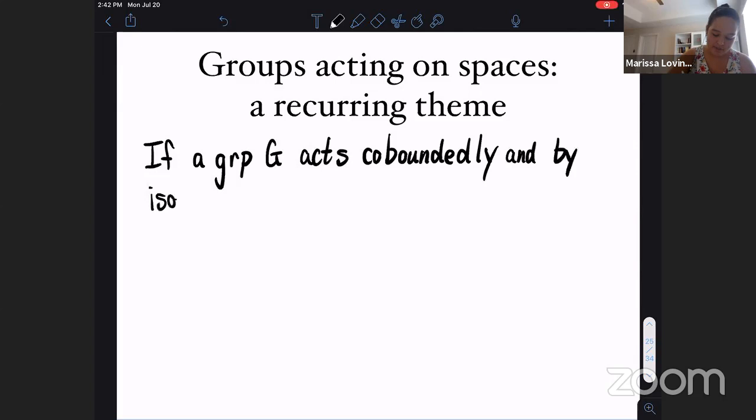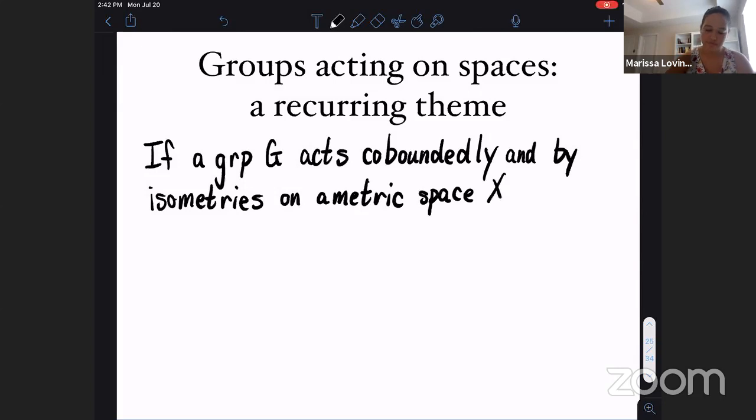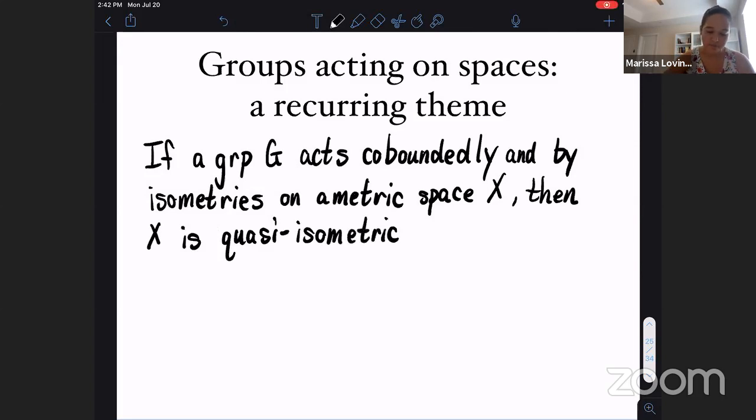And by isometries on a metric space X, then again, we have this sort of quasi-isometry popping up. And so this time what we have is that X is quasi-isometric to a Cayley graph